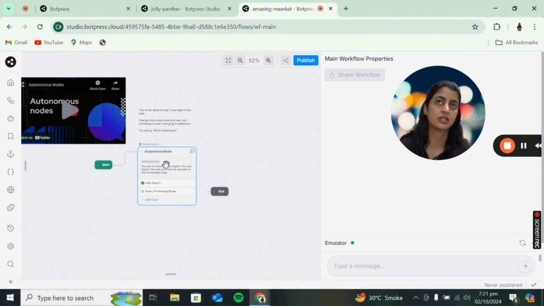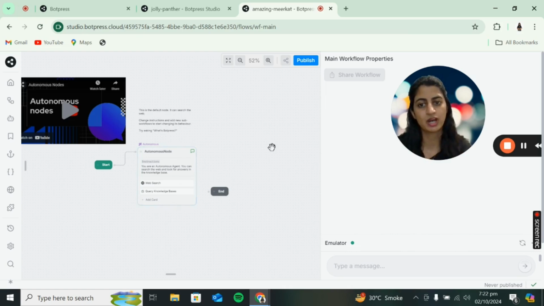This means that this is like a loop, a conversation happening in a loop with the chatbot. You don't have to add the loops that you would have to usually add into Voiceflow. The point of the autonomous node is that it is a loop of conversation, and the customer can keep asking questions and the bot can keep replying to them, querying the knowledge base, using the LLM, and also using the instructions that you would have provided. So you wouldn't have to keep adding cards to determine what the next response would be like. This is where the autonomous node really helps.